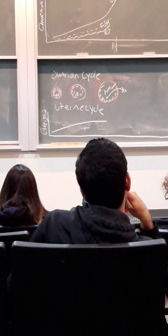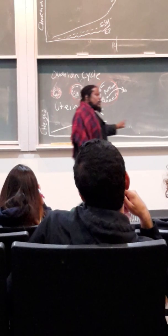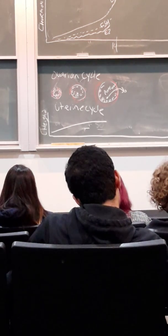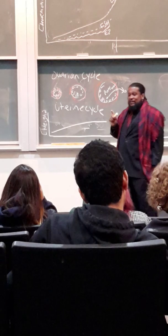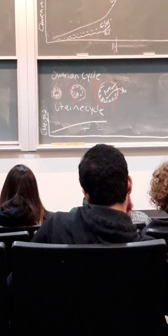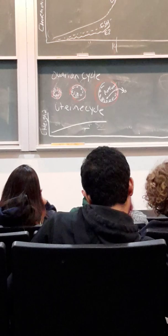The other thing that seems to be important, that I just read this morning, is that the follicle that wins is probably the one that makes the LH receptor the fastest. So it turns out that estrogen, estradiol, induces the LH receptor. Estrogen induces the LH receptor, and it induces aromatase. So the follicle that has the most estrogen